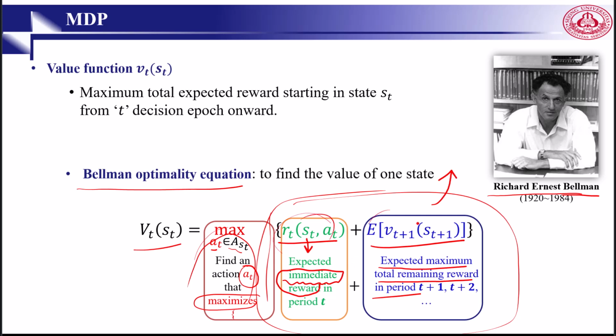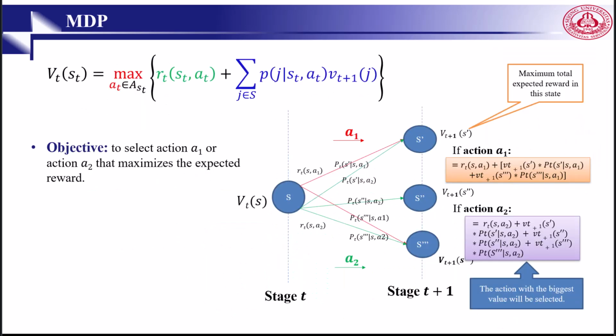This is a recursive structure, and it tells us the value of a state is the reward from taking the best action plus the discounted value of the next state. This principle forms the foundation for value iteration and Q-learning that we will study later. Once again, about the Bellman optimality equation: we use it to find an action which results in maximizing the expected immediate reward plus the expected maximum total reward to go. The optimal action is the one with the highest expected future value. In reinforcement learning, action selection is always based on evaluating the long-term consequence of actions, not just immediate rewards. This long horizon reasoning is what makes reinforcement learning suitable for complex tasks like robotics and autonomous driving.